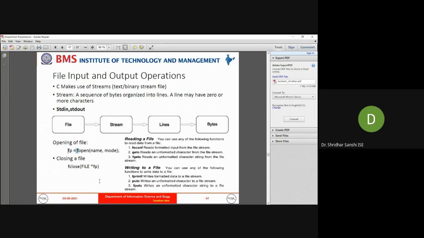First you need to understand how we can access the file in C. In C we make use of streams. In order to access the file we make use of streams. What do you mean by streams?